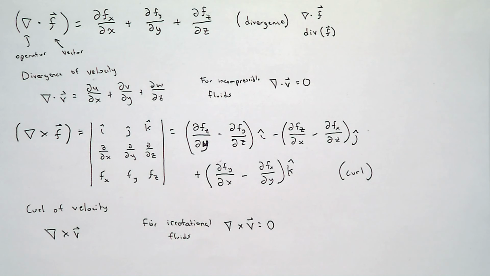Whew. I know we've done a lot. I know that we've introduced a lot of new terms and a lot of new operators. Hopefully, with practice and time, we're going to get used to them. But I would like to at least finish class by applying these divergence and curl concepts to an actual velocity